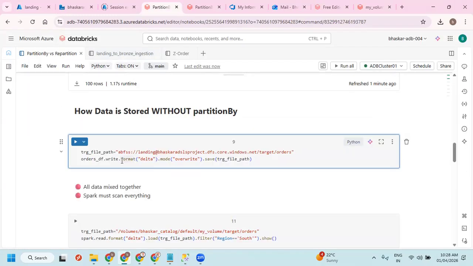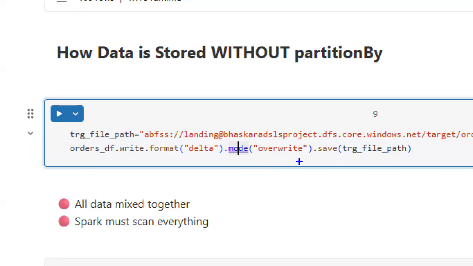Once this statement is executed, it is going to write the data into the target as a file. We can see the target file path, and I'm taking the format as delta format, and the mode is overwrite.